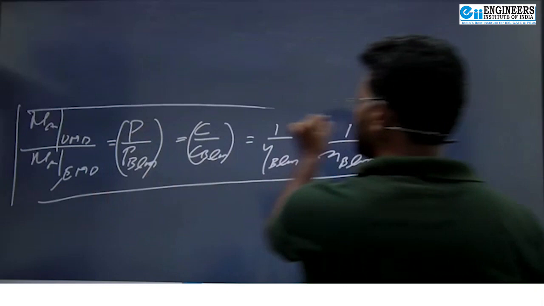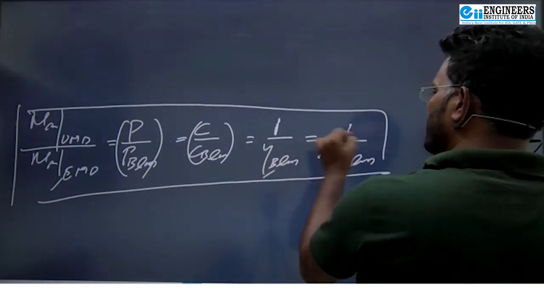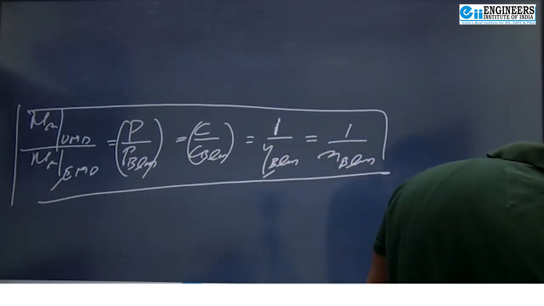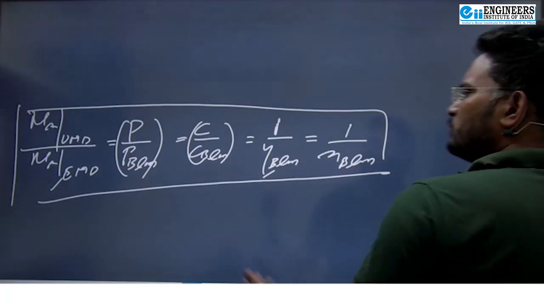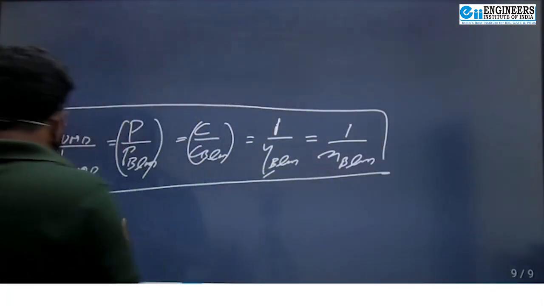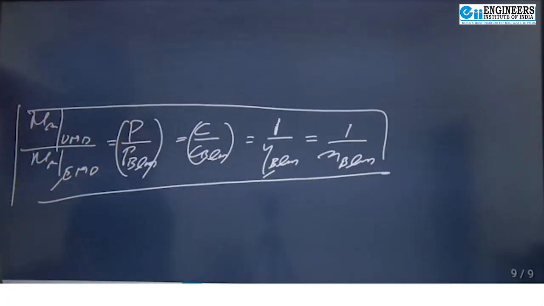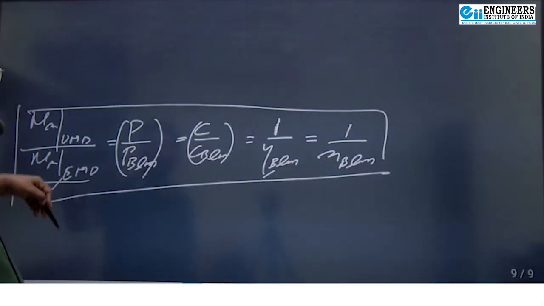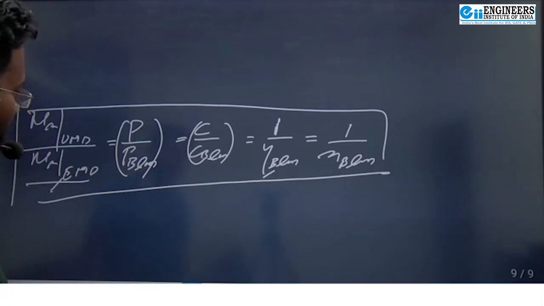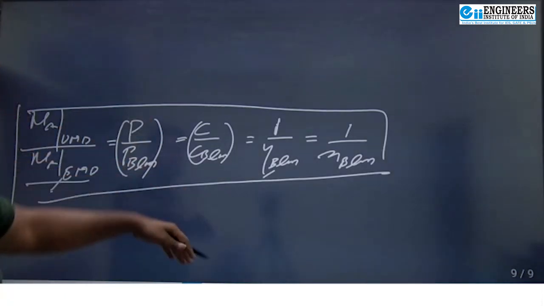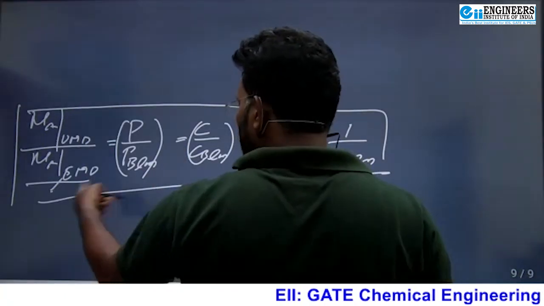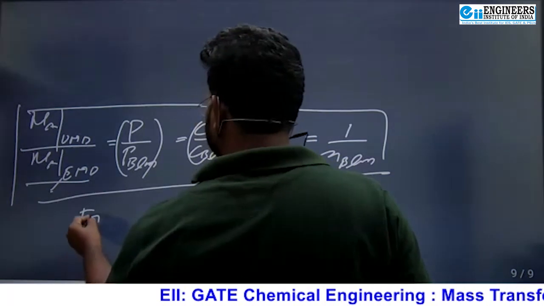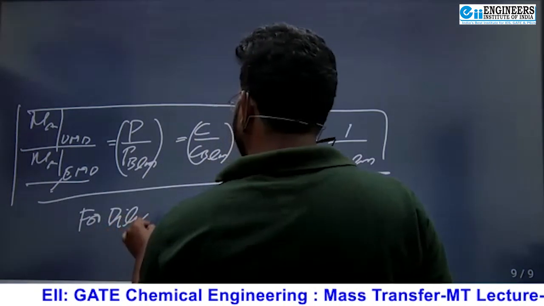They must be dimensionless, तो यहाँ पे 1 होगा क्योंकि इसका ऑलरेडी डायमेंशनलेस है। ये तो, even अगर आपको फॉर्मूला याद नहीं आ रहा है तो ये तो पता होगा ना, ये रेशियो P अपॉन P_BLM, C अपॉन C_BLM, 1 अपॉन Y_BLM, 1 अपॉन X_BLM। तो बच्चे, you should go for equimolecular quantity diffusion and then multiply with corresponding terms to find out the UMD. For dilute solution,